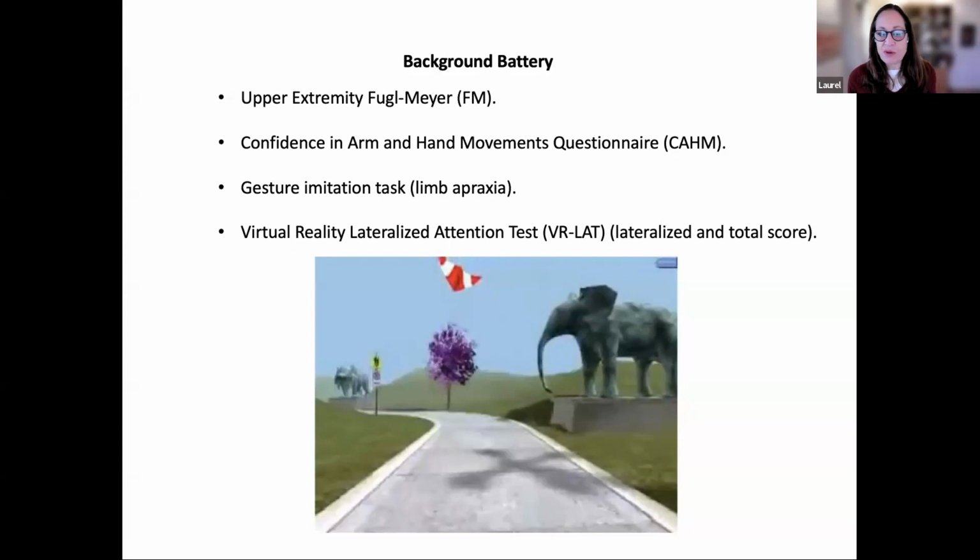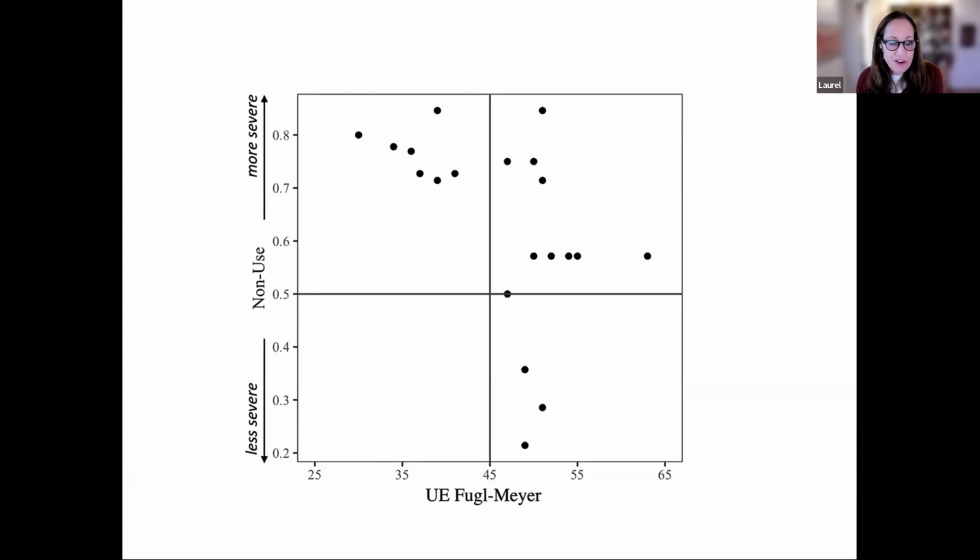What that means is we measure the disparity between how many objects people name as they wheel themselves down a virtual path using a joystick in the virtual world. They name the objects that they see on the left and right of the path, and we compare how many they name on the right and left. That disparity is a measure of neglect. But we also sum both of those sides and get a measure of how many things they detect and name overall, which is a measure of non-lateralized, generalized attention. And we've shown problems with both of these, by the way, in right hemisphere stroke.